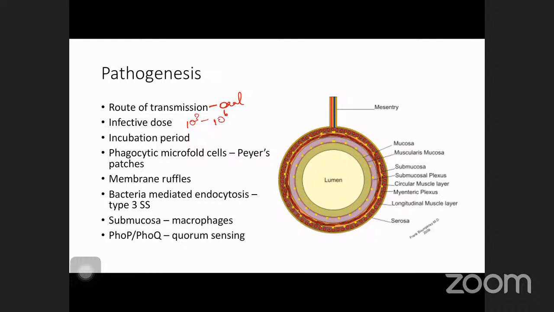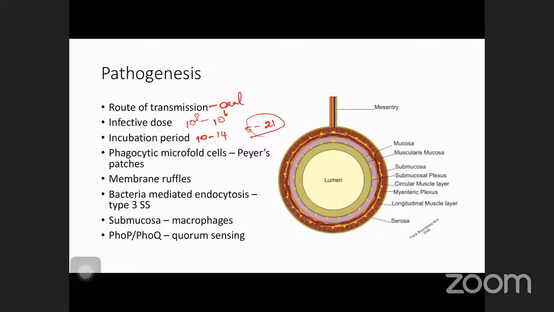So if the infected dose is very less, it will be diluted or killed by the gastric acid, and therefore it cannot produce any infection. The incubation period is usually 10 to 14 days, but it may vary from as little as 5 days to 21 days. Once this organism enters your oral cavity, it will reach the stomach, and it has